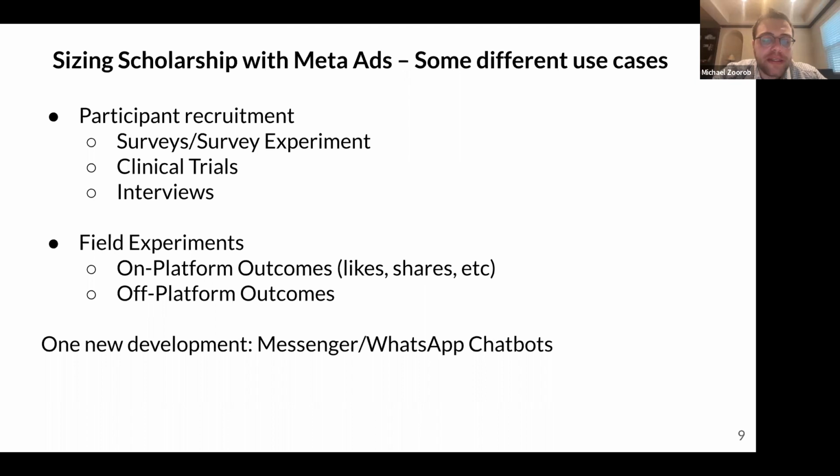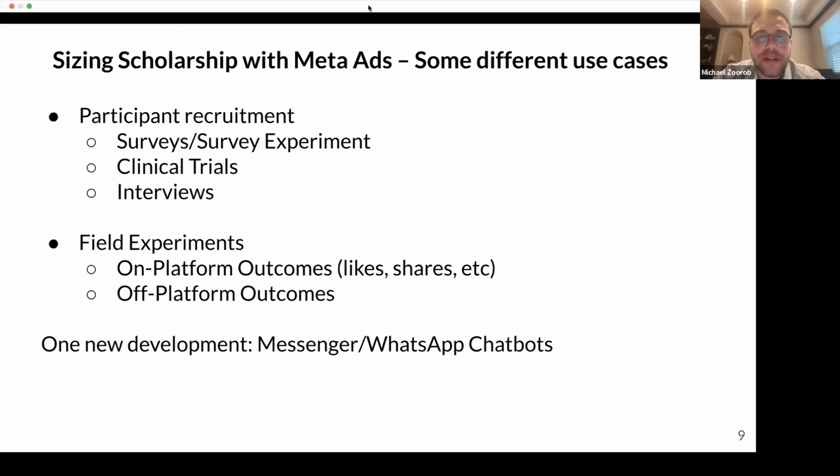There are also off-platform outcomes, which I believe Florian talked a bit about at this webinar in the past. But basically, in this case, what people typically do is they take some ecological unit, like a zip code, and they randomly assign some zip codes to see ads and some zip codes not to see ads, and then see if it affects some behavior measured externally. So things like donations to a charity or vote shares. There are definitely some papers that do that. So these are all common use cases that I've seen and that get published in journals.